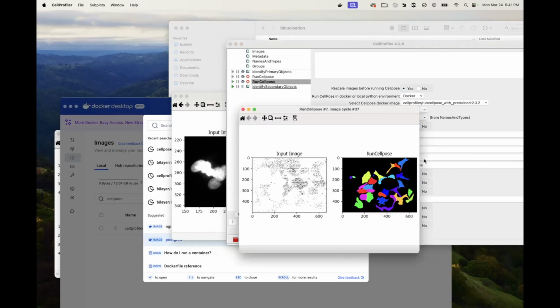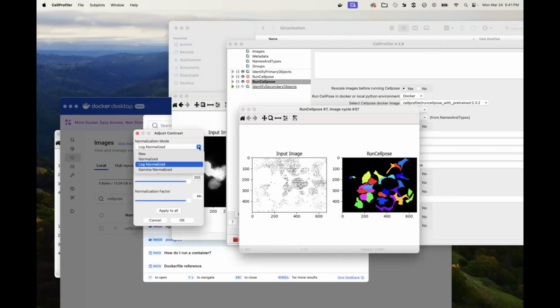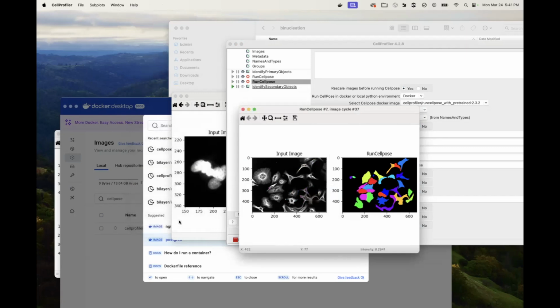And that's a good principle, right? When you are building a pipeline, you always want to make sure that you are testing it on, if you have positive and negative controls, great. Make sure you're testing it on both of those. As Beth mentioned, any parameter that we're setting up here to work on these cells, we need to make sure it's also going to work on our negative control population where the cells look a lot different. And so having a broad enough test during your pipeline development is essential.